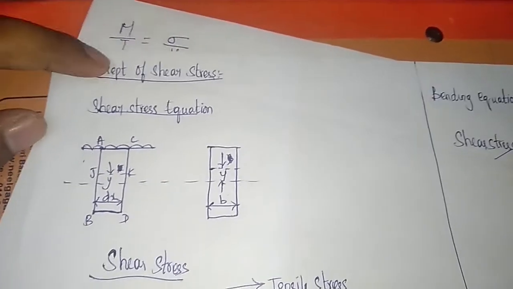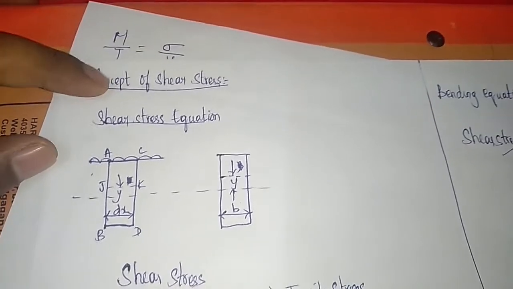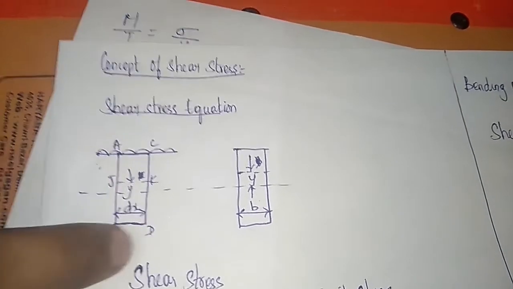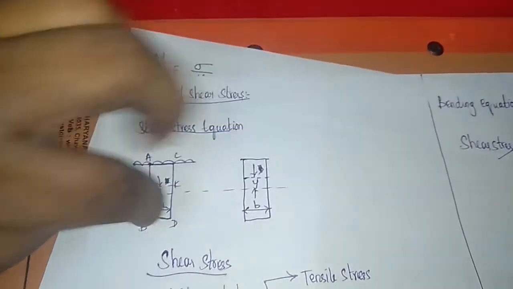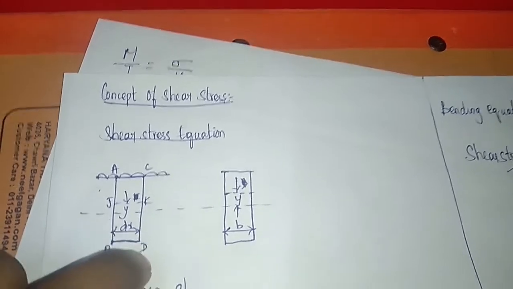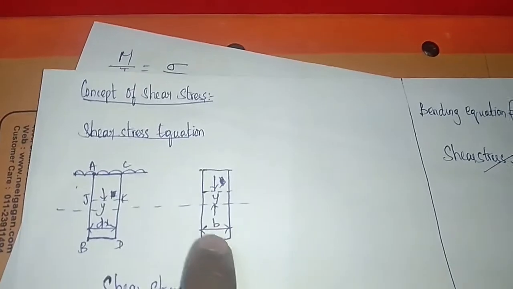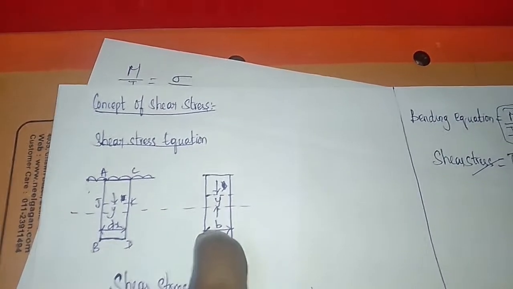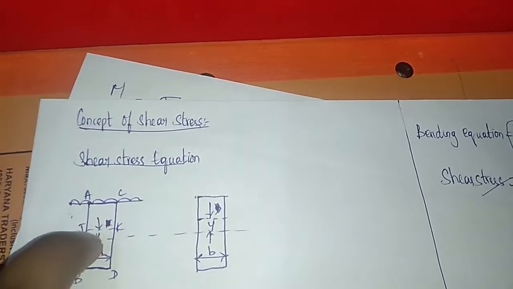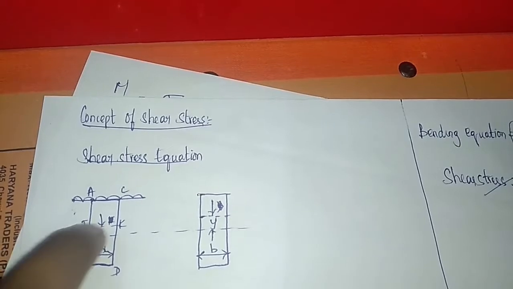Okay, so first we are going to take a beam. So this is the beam. See, I have drawn the beam. We are going to find the shear stress that is acting on a particular beam. See, these are the two sides of the beam. So one side, the breadth of the beam is dx and the thickness of the beam is b. Okay, that we have to take like that. And we are going to find shear stress on a particular strip, that is J and K.